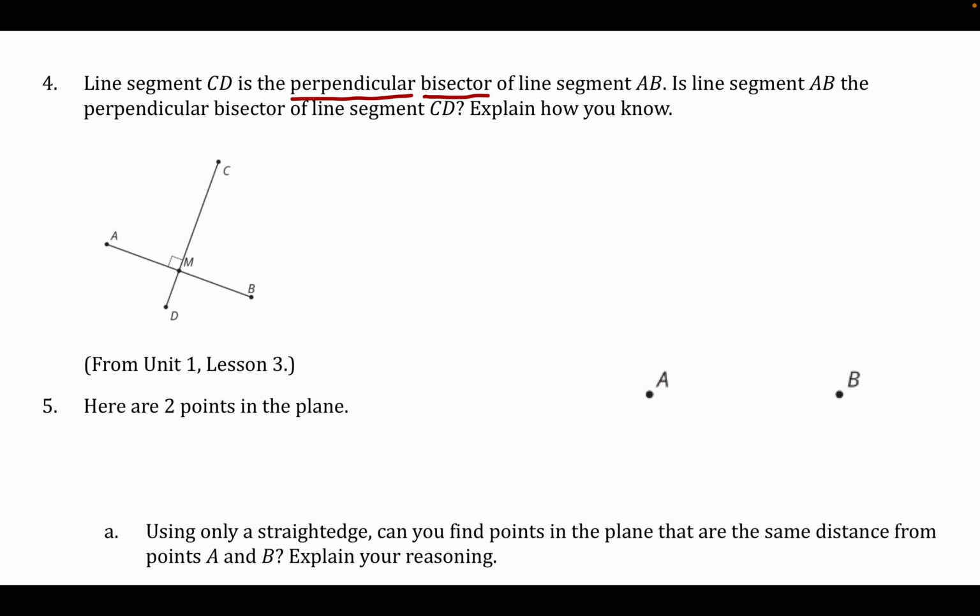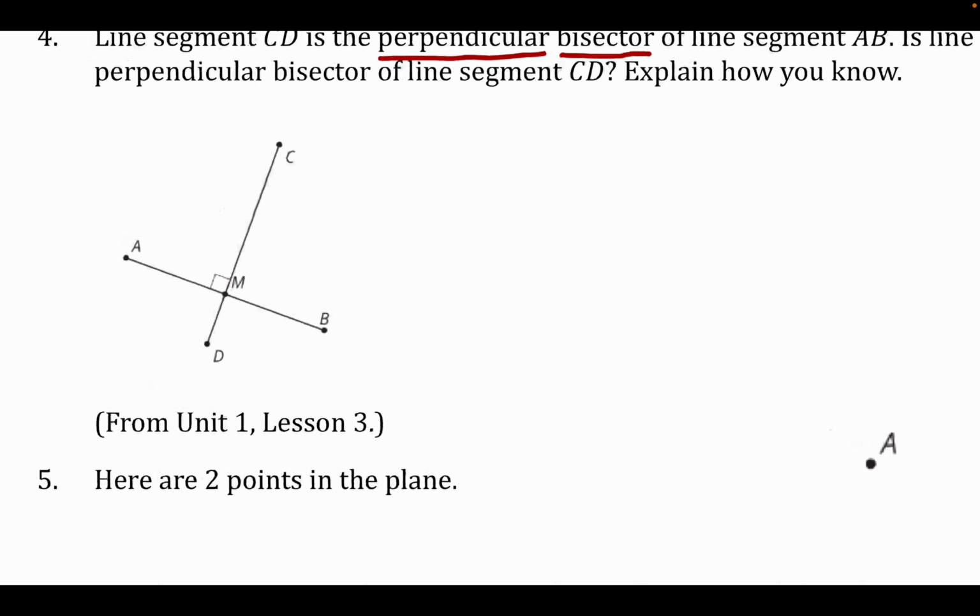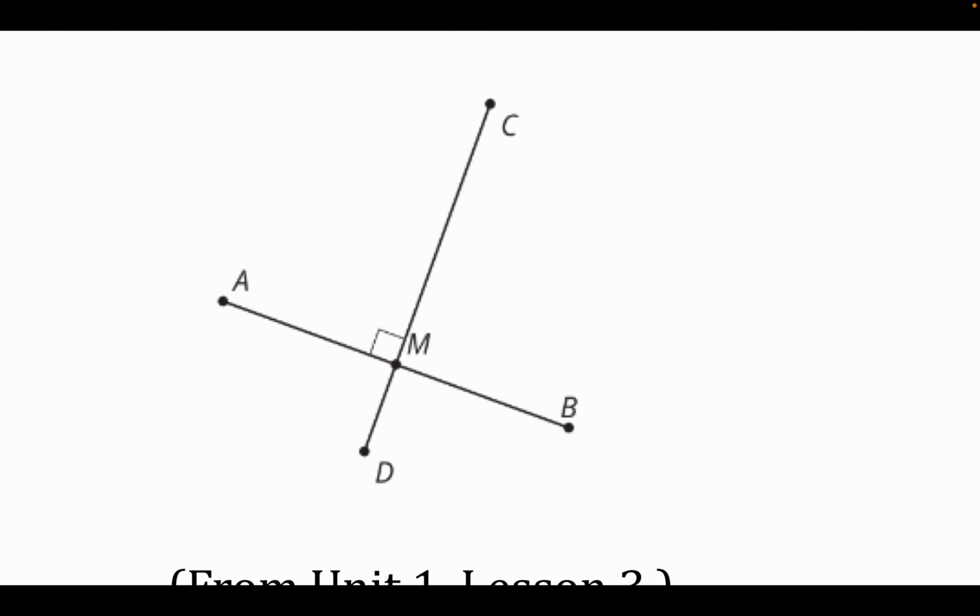They're giving us that CD is the perpendicular bisector, meaning that if we look a little closer at our diagram, what they've told us and what we know to be true is that CD makes this 90-degree angle, so that's true,